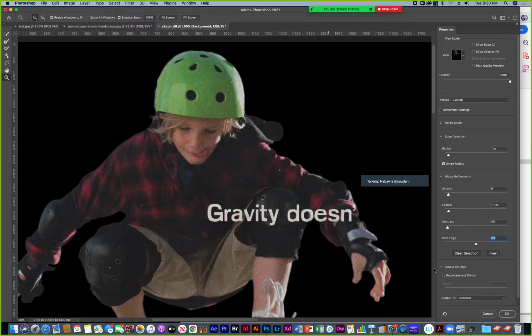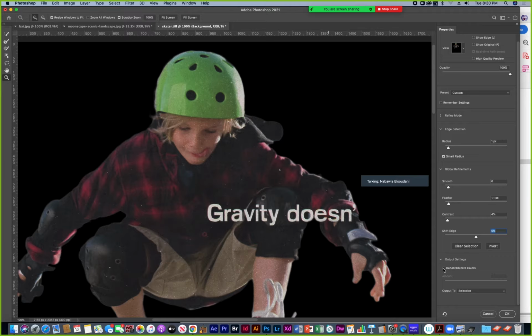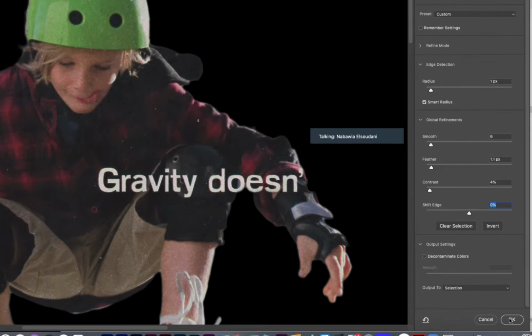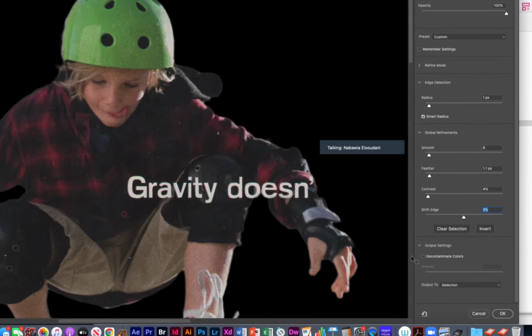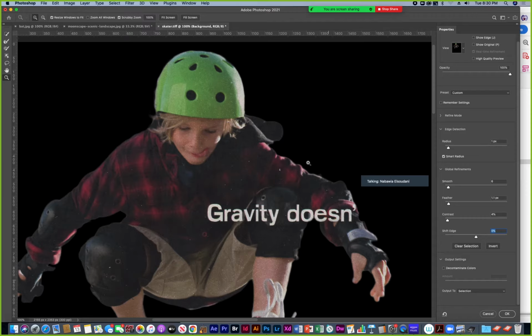And then if you have color along your edge, you might check decontaminate colors, but if you check decontaminate colors, it takes out your option to output to selection, which is what I want to use right now. Next week I'll talk more about decontaminating colors. For this image, I don't have a background that has a lot of color, like a blue or a green background that would show on the edges,